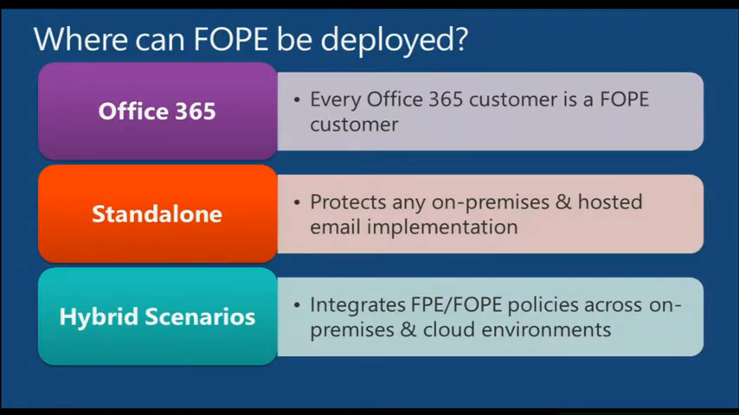We can also deploy in a standalone method. So where you've got an email service that is on premises, or maybe it's hosted for you by a provider, we can actually filter and protect mail for that as well. So anything that you have an MX record which gets the mail into the mail system, we can use FOPI to protect that. So it doesn't just have to be Exchange. It can be basically any messaging system that we have out there that can have mail coming into it via